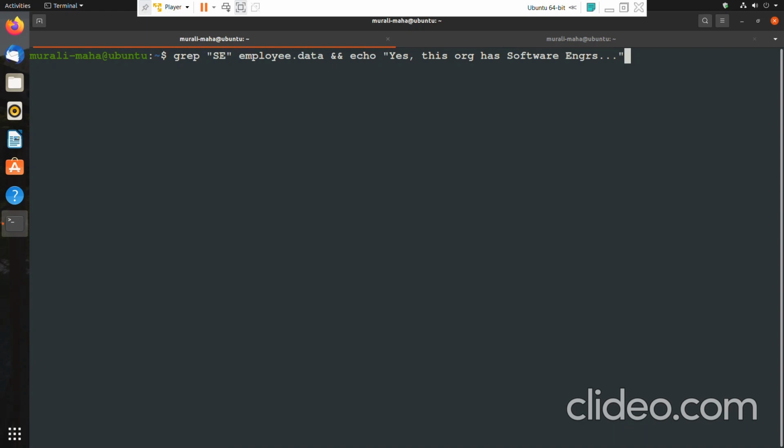So if grep is successful, then I want the echo statement to be executed. The double ampersand operator decides about executing the right hand side command if the left hand side command is successful. Which is the left hand side command? Grep. Which is the right hand side command? Echo. So to the double ampersand, grep is to the left and echo is to the right.